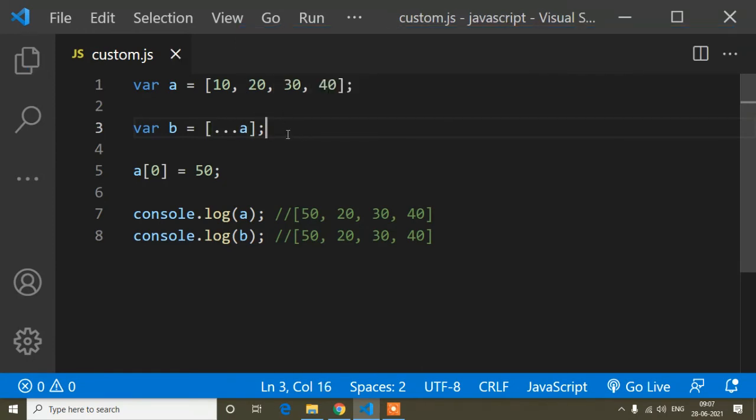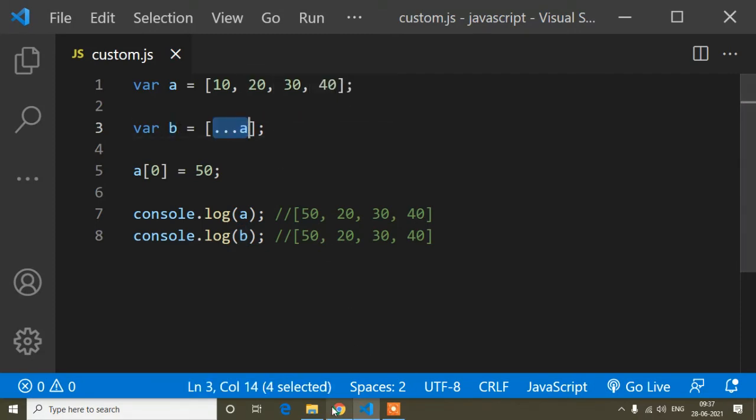That means it will spread all the elements. If I write it this way, it will not change b. If after that I write a[0] = 50, I'm changing only the value of a, not b. That is the help of the spread operator.